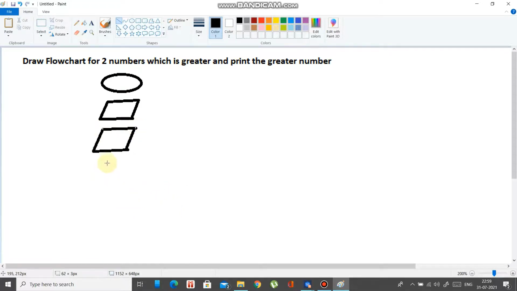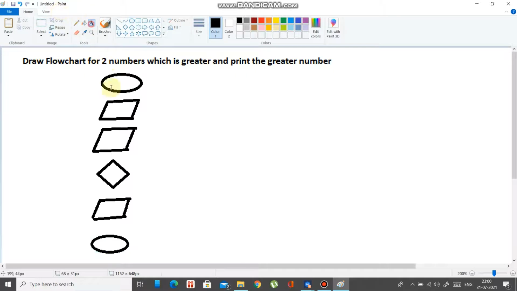And we need to decide which one is greater, so we'll have a decision symbol, which is diamond or rhombus, and again we need a parallelogram to get the output, and finally stop.